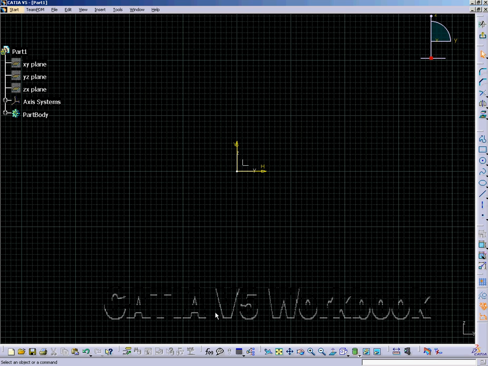Lesson 1 Objectives. This lesson will show you how to do the following. Start CATIA V5, select a specific workbench, move around in the CATIA V5 environment, select a work plane, enter the sketch workbench,